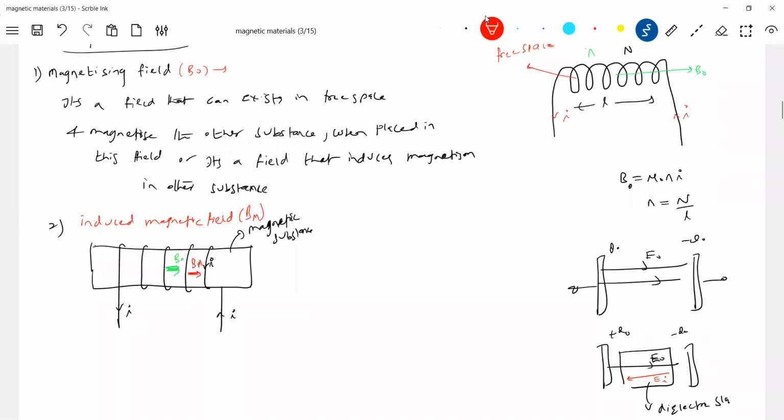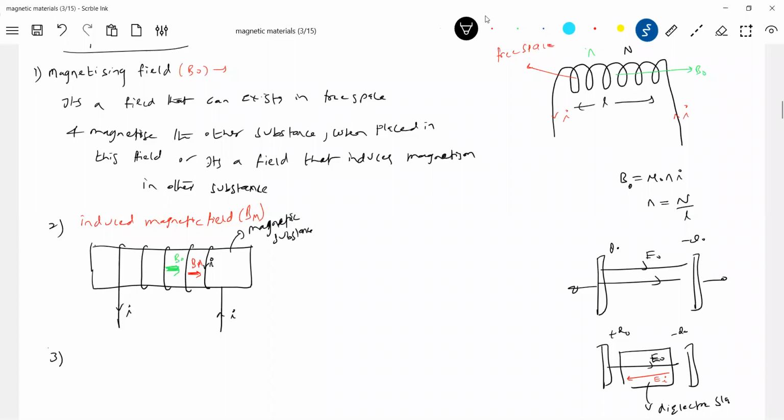So who will induce that magnetic field? This magnetizing field. I'll come to that later on. How to measure that induced magnetic field? Who will induce that magnetic field? This current, no? Now, by varying current, tell me what will happen. Say B naught is some sort of entity. Can I control how much B naught? How to control how much of B naught? By varying N or I. So I do have control on B naught also.